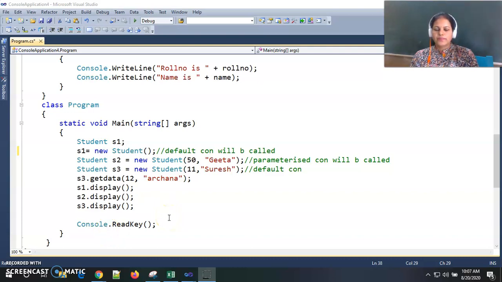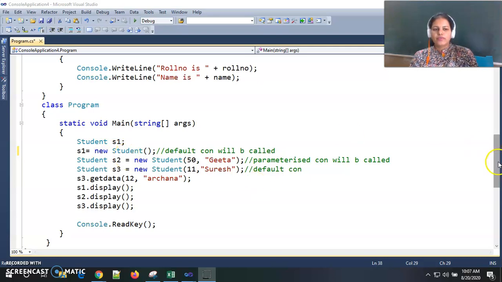Hello students, in previous videos we have seen how we can define our own classes in C#, how we can declare objects of our own classes and instantiate an object of that particular class, and how memory will be allocated for our objects. By using the new keyword we may allocate the memory or instantiate our class object.